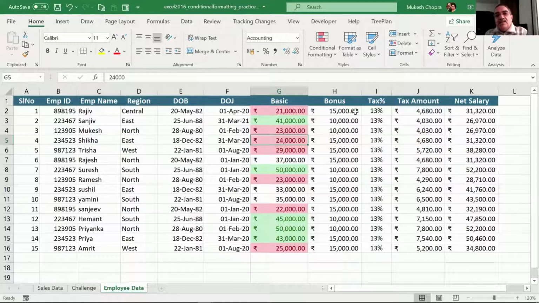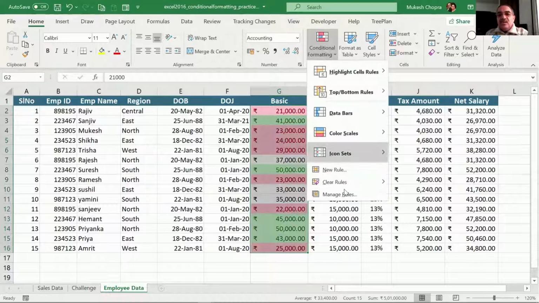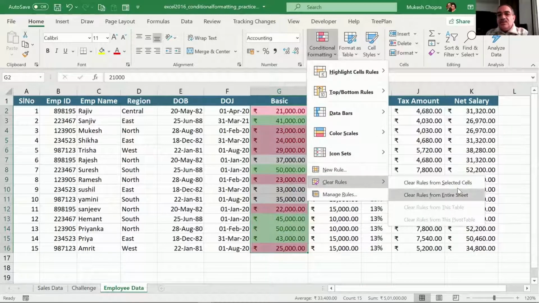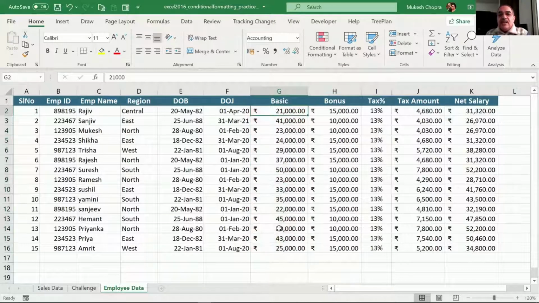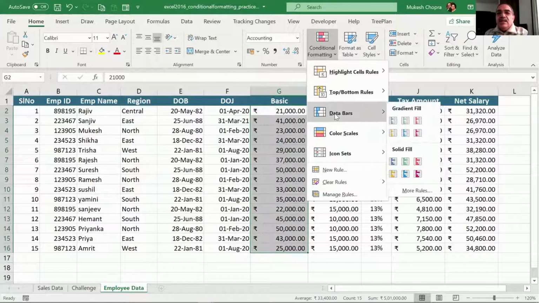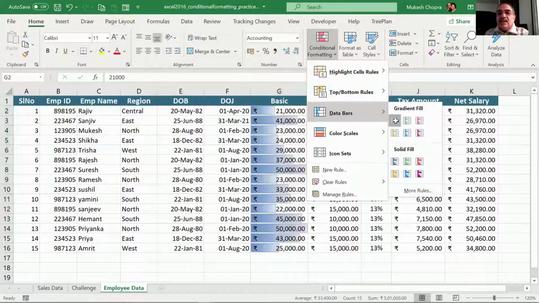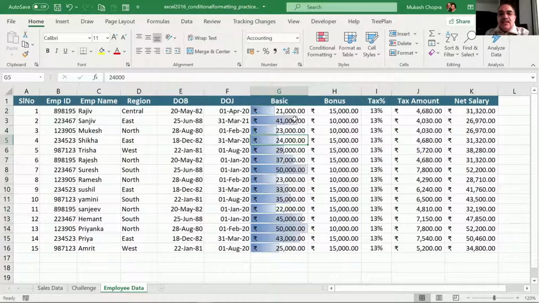In the same manner, going ahead, how do we manage the rules? We can go ahead and clear the rules based on the selected cells. So I can go ahead and manage them. Further, in the same way, I can put the same values in the form of data bars. So when I say data bars, if I select a color, you'll notice that the data is represented in the form of bars,